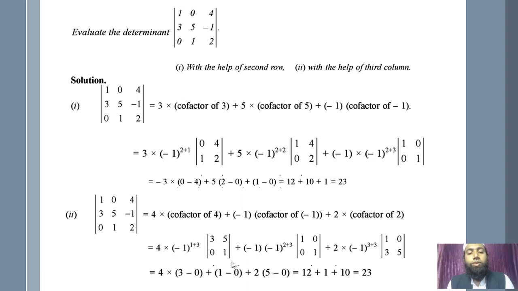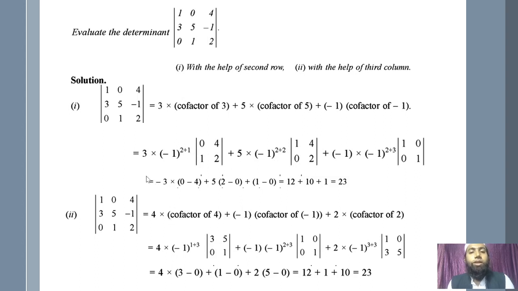So this is 4 into this 3 into 1 minus 5 into 0, and this 1 minus 0, and this 5 minus 0. So this is just a matter of calculation. You can try this, simplify this and try to write it on your own. Try to write it manually yourself. When you solve it, you will easily get what is going on. If you have any confusion, you can first write it and try to simplify. Otherwise, ask me.